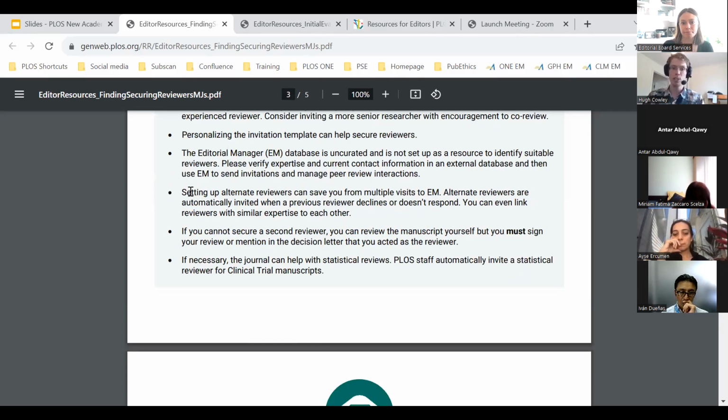You can also, when you send your invitations, set reviewers up as alternatives. So you can say, for example, look up 8 reviewers for a manuscript, and you can select 2 of them to invite and the rest as alternatives. What that means is if the first 2 decline or don't respond, then Editorial Manager will automatically invite the next reviewers on the list that you've put together. So this can save you from having to come back and forth to Editorial Manager when you receive notifications of reviewers declining. Just be aware that that is an option you can use on Editorial Manager.